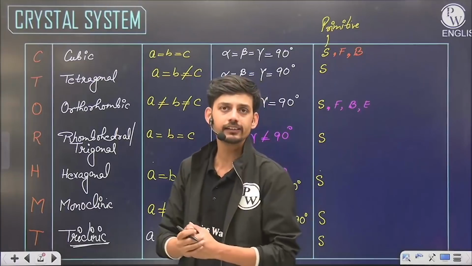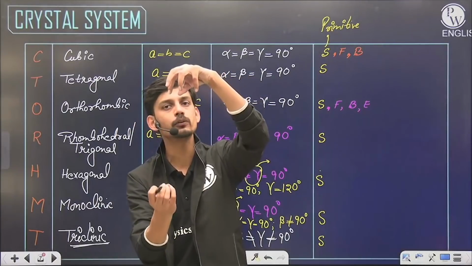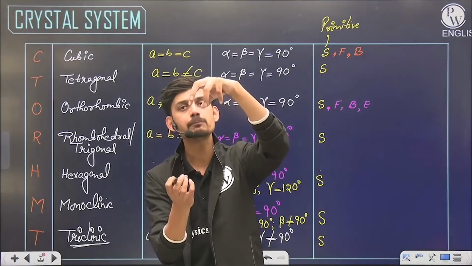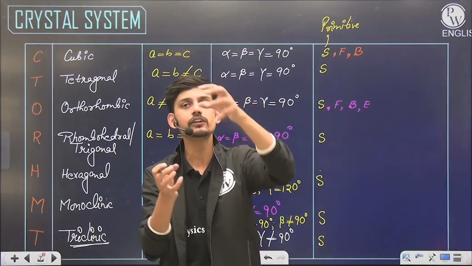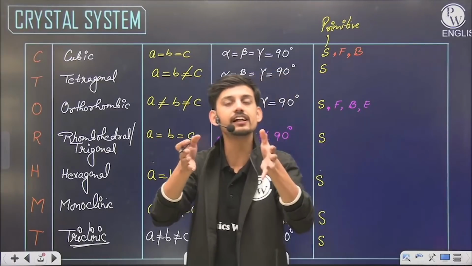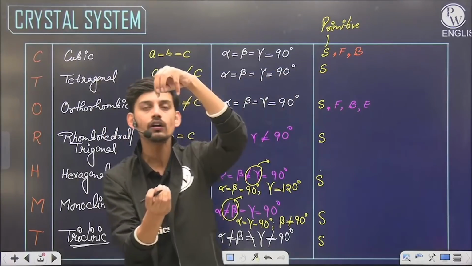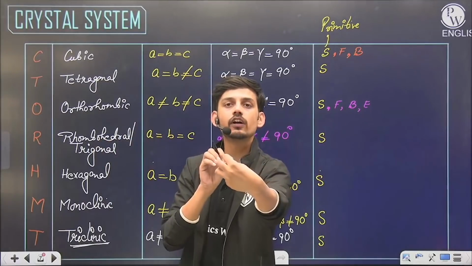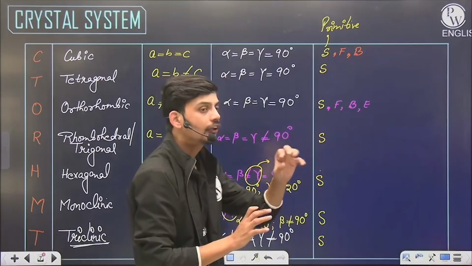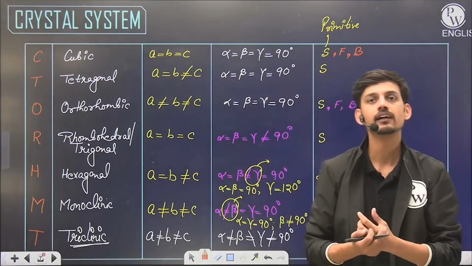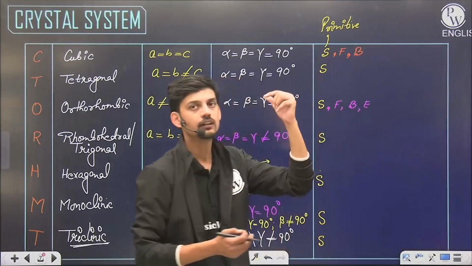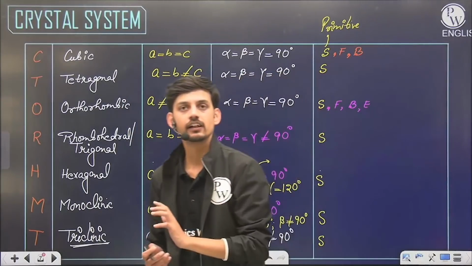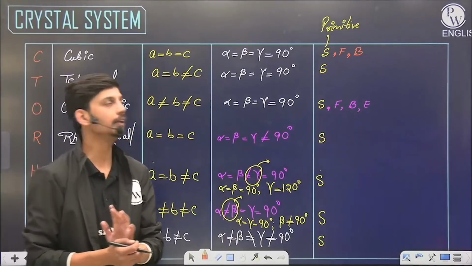Because the cube is a symmetrical system. If we put 2 atoms on 2 opposite faces, let's say the upper and lower faces, then the probability of an atom being present there is similar to that elsewhere, because all the faces are identical. So if 2 atoms can go on the upper and bottom faces, then 2 atoms can also go on the left and right faces, and on the front and back faces. So if a cube tries to form an end-centered packing, it automatically becomes face centered. Instead of getting atoms at 2 faces, the cube gets atoms at all 6 faces. That's why end centered is not possible in a cube.